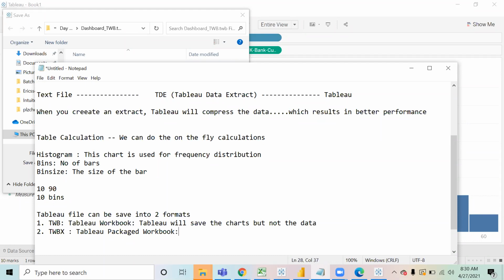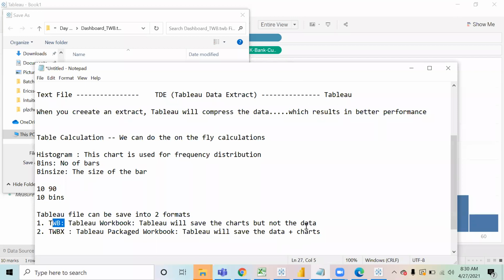And in TWBX, Tableau will save the data plus charts, everything. So when you save the file in the TWBX file format, Tableau will save the data and chart also in the file itself. But when you save the file in the TWB file format, Tableau is not going to save the data inside it.